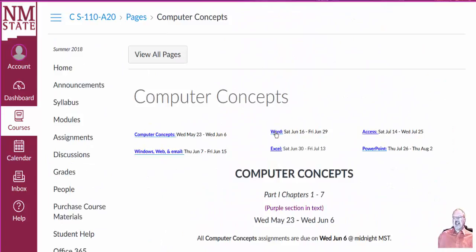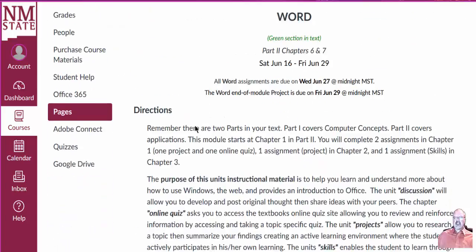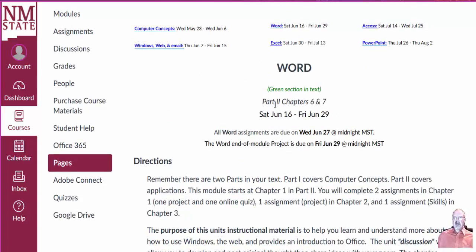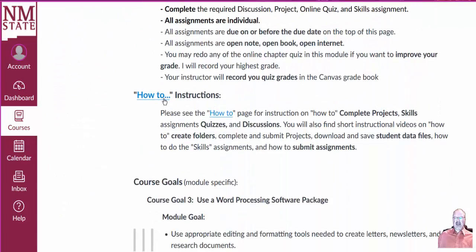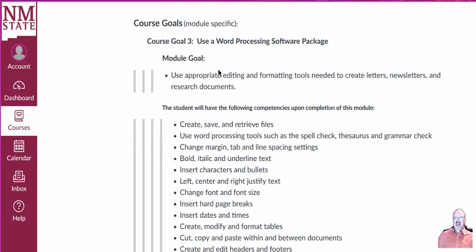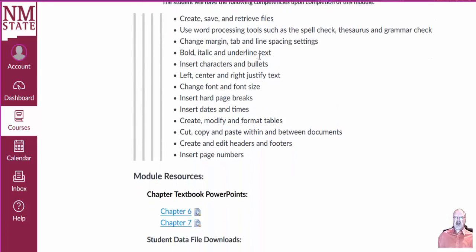I'm going to bounce over to the Word module and quickly go through that. You're going to see the very same thing. Part 2, that's the green section. Chapter 6 and 7, the dates we're working on this particular module. All assignments are due by Wednesday, June 27th, with the end of module report. It's actually a report you're going to write, a 2 to 3 page report on Friday, June 29th. We have our directions, how-to instructions, course goals, and in this case, the main course goal is to use a word processing software package. We have our module goals, competencies,